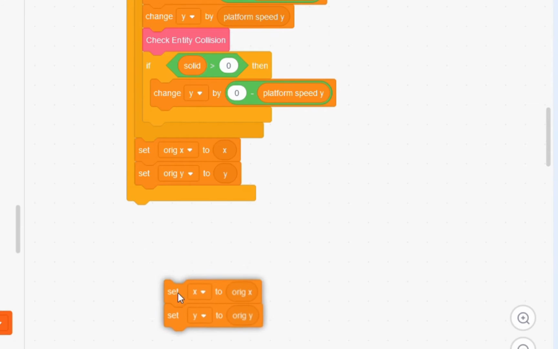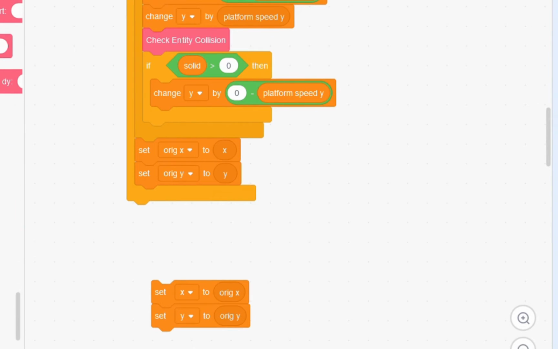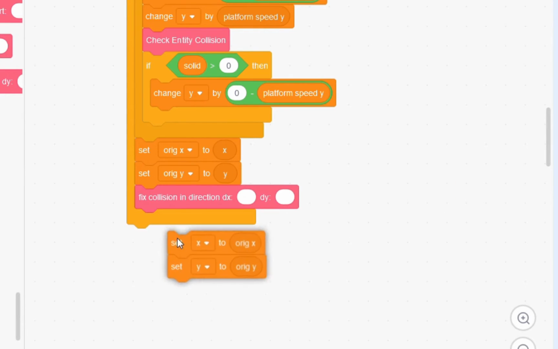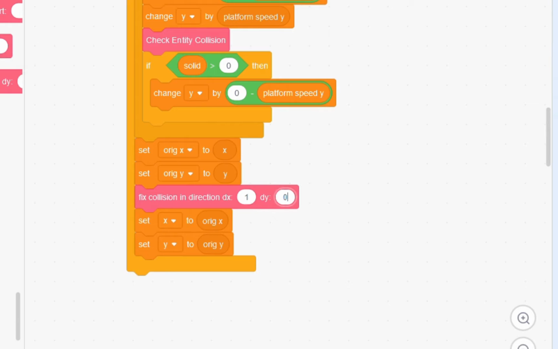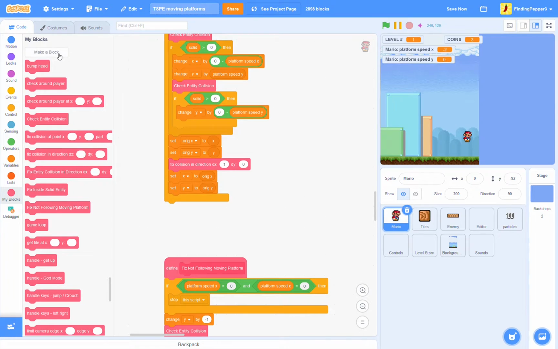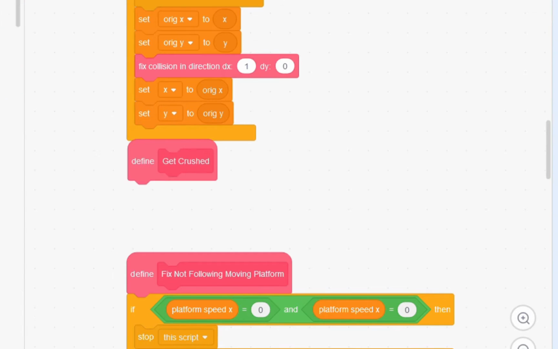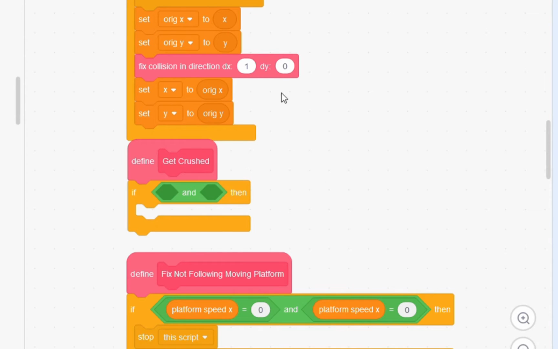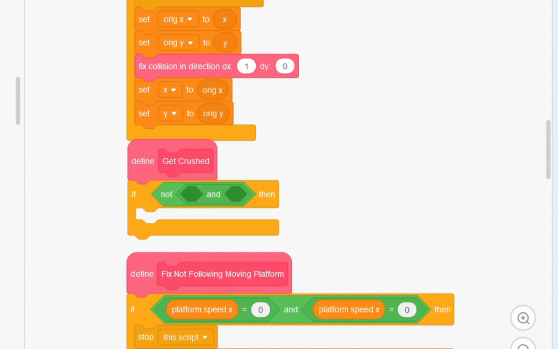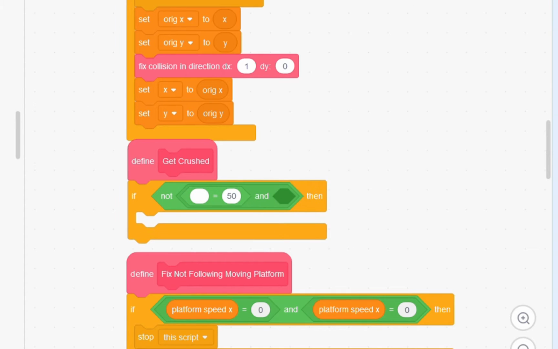Now in the middle, we want to check collisions in the 4 directions. So fix collision in direction the x of 1 and y of 0. Then we'll make a custom block called get crushed, run without screen refresh, and here we'll just check if the face collision indirection block moves us, then we've collided. So if our positions are not the same as they were, so if not x equals org x and y equals org y,